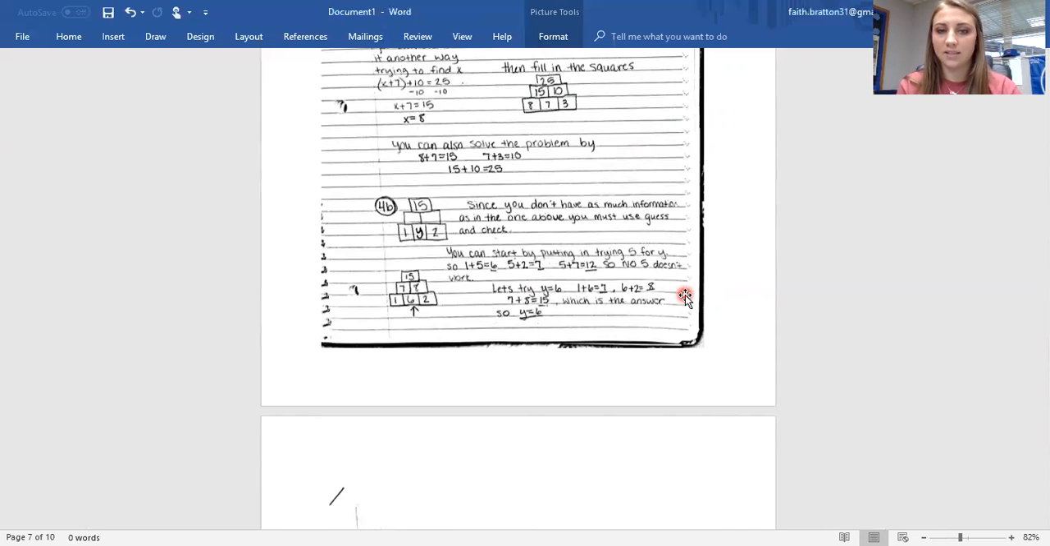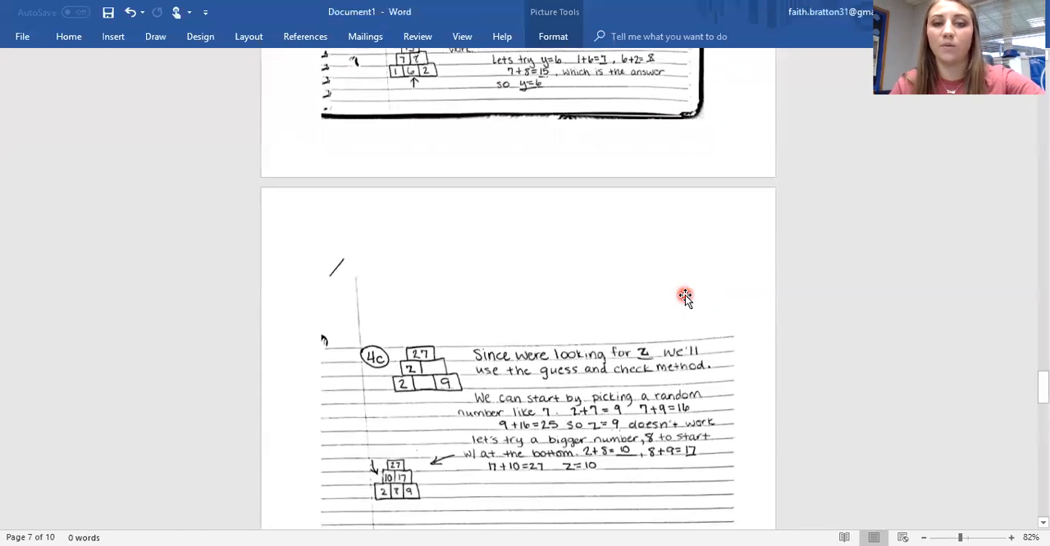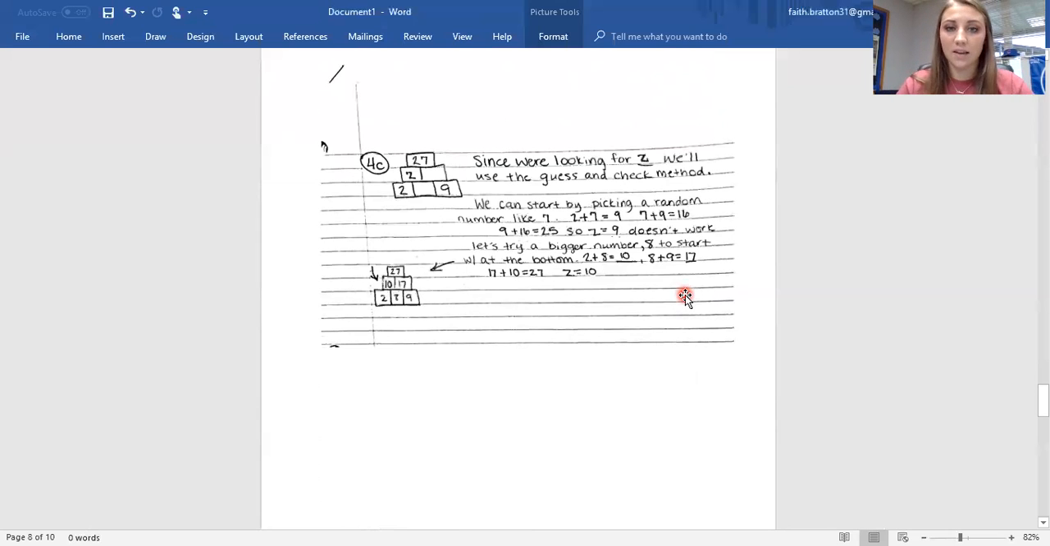Okay, let's try 6. 1 plus 6 equals 7. 6 plus 2 equals 8. 7 plus 8 equals 15. So yes, the answer is 6. Y equals 6. For 4C, since you were looking for Z, we'll use the guess and check method as in